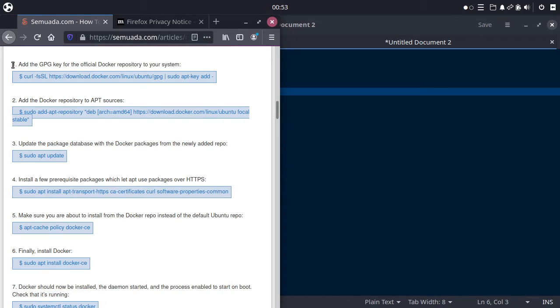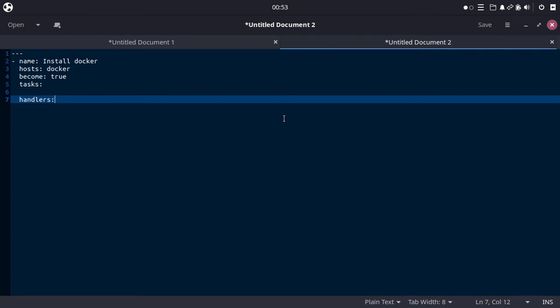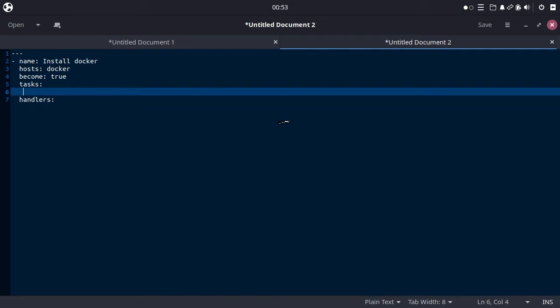The first step to install Docker is actually to add the GPG key. Actually, in this document I already modified this step, but the common step is to install dependencies first. So that will be the first task for us. Let's create the task. Use spacebar.